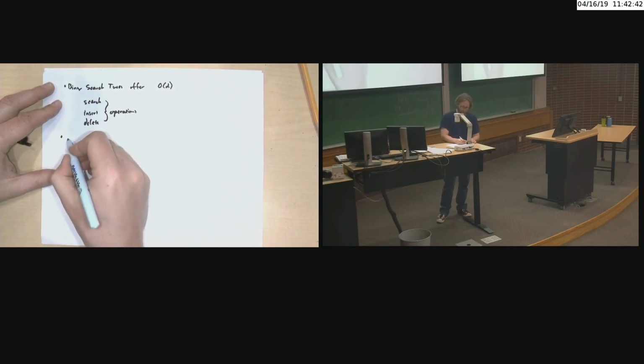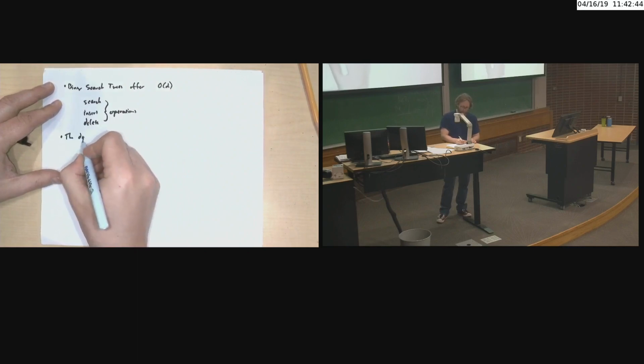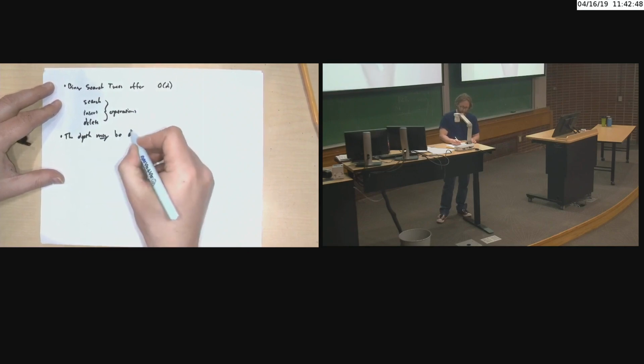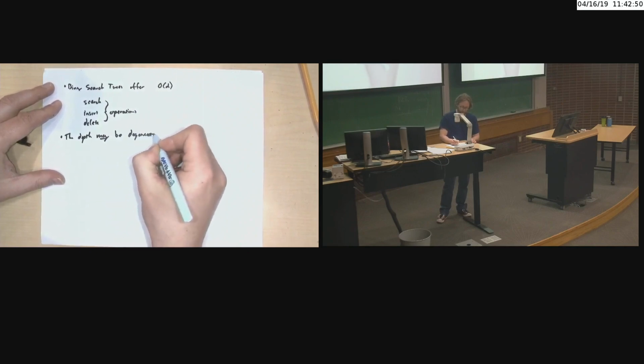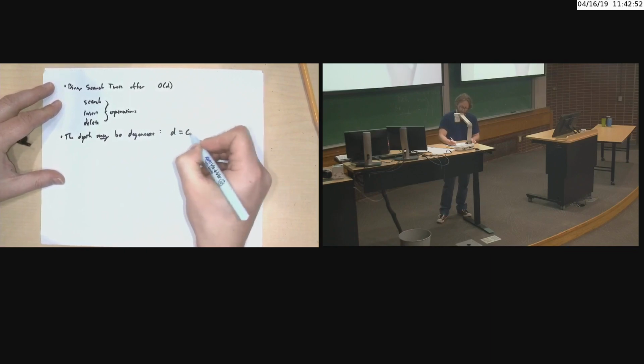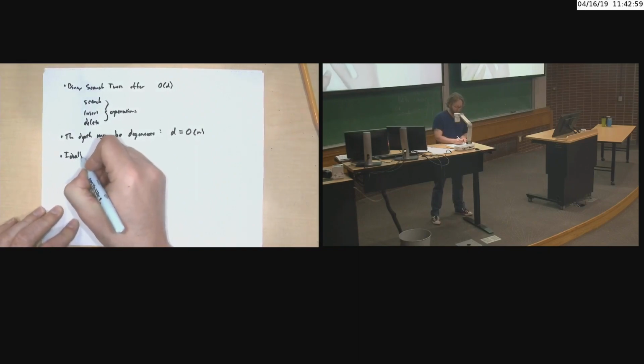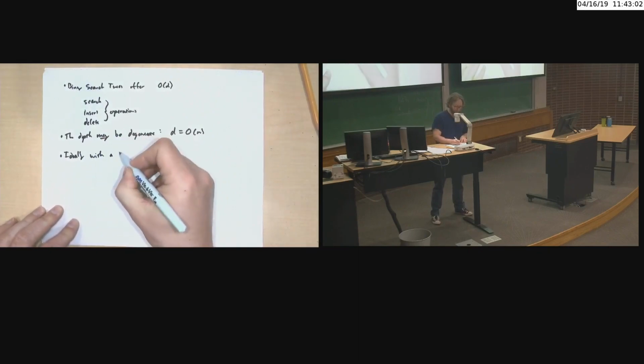However, the depth may be degenerate. In other words, D could be order n, right? Just like in a linked list, right? Ideally, with a balanced